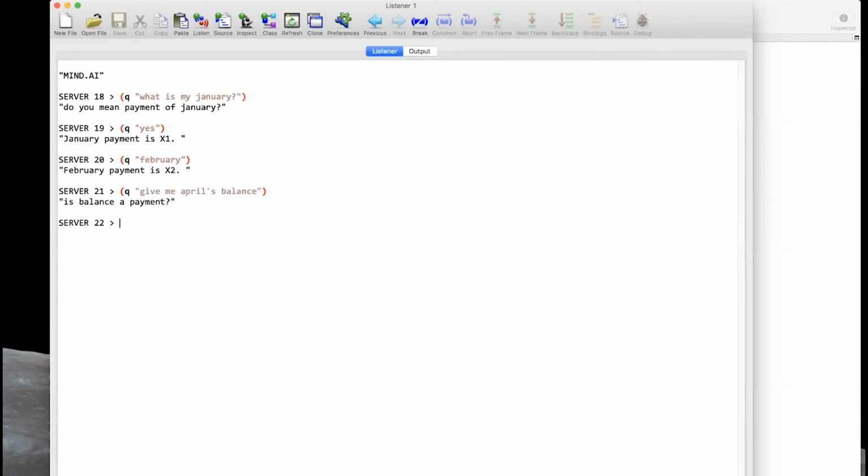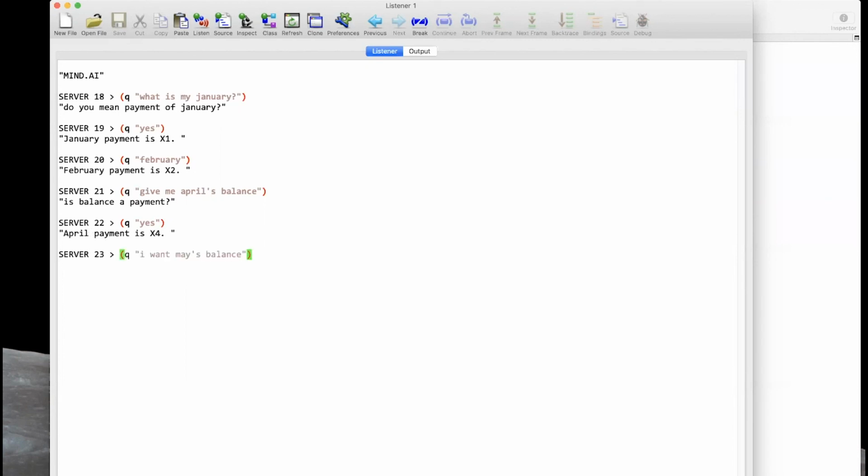Okay, so this is adaptive learning at work. We don't know what a balance is. That's not part of the ontology, but we know that it looks like the same thing that the payment behaves as. So therefore, we're going to ask the inference, is balance a payment? So when we go yes, okay, first, of course, we have the correct answer, the April payment. And now, balance is actually added to our ontology. So therefore, when we ask, I want May's balance,